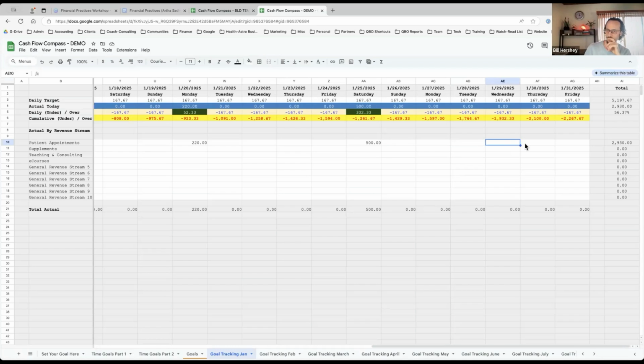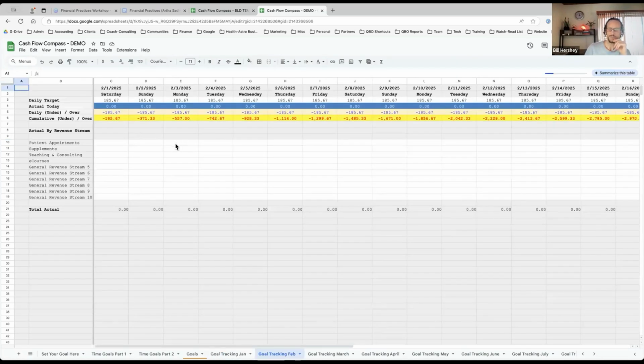And then some months you might hit it. Some months you might be a little short. There's always going to be an ebb and flow, but at least you have a goal. At least you have an idea of what you need to be shooting for. And gosh, do you think you might have a better chance of hitting the goal by naming and keeping your eyes on that goal? Probably, right? So simply the act of having a goal, you'd be surprised how many folks don't have a goal, right? Without a goal, we just have no direction.